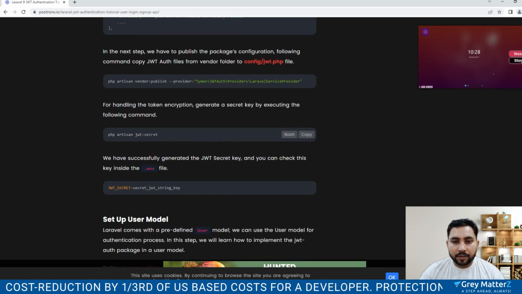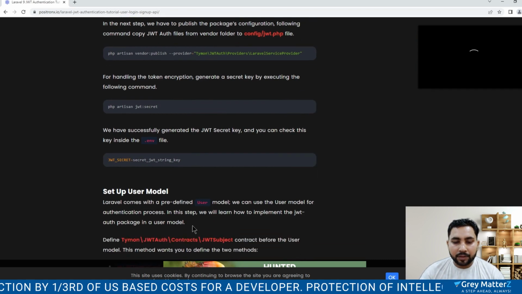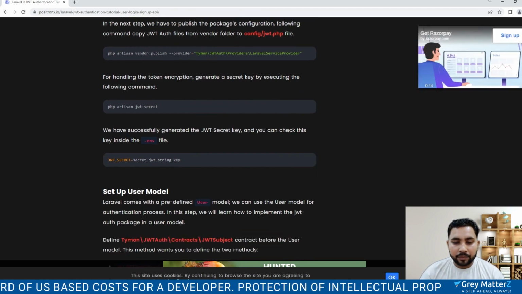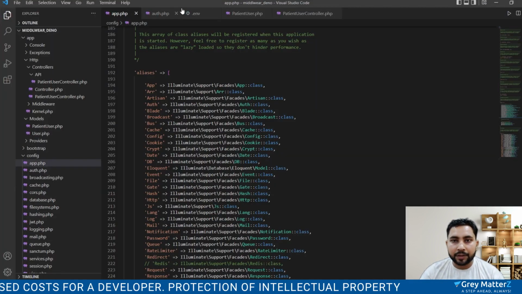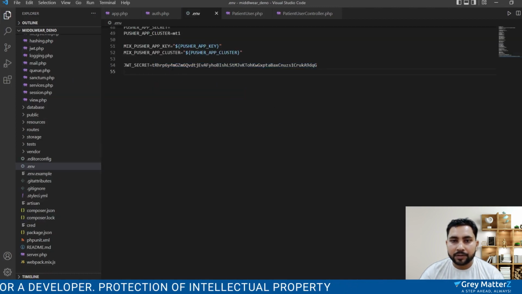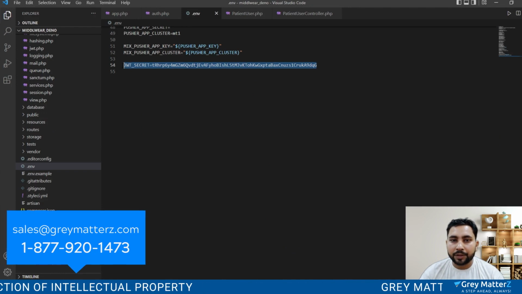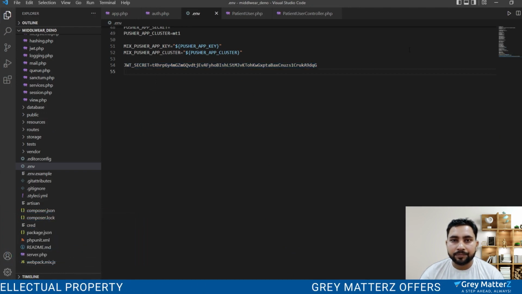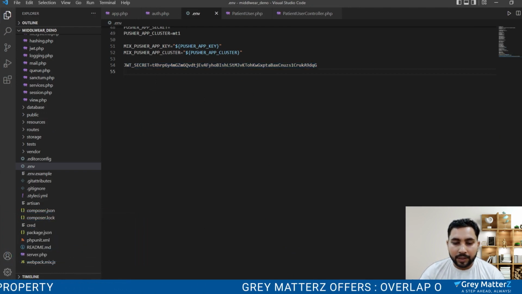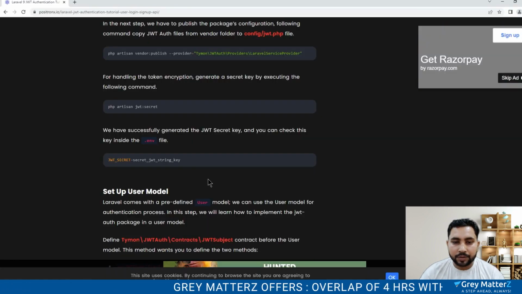After successfully running this command, a secret key is generated in the .env file. So guys, you can see that in the .env file I have a secret key. Now let's start the next step.